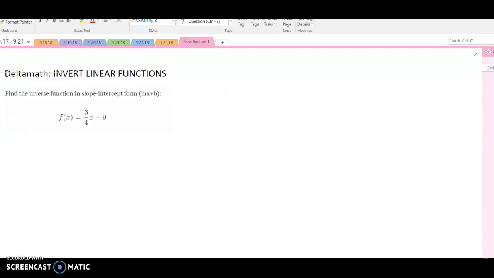Hello, today we're going to be doing Deltamath invert linear functions. So this is a problem I just copied off of Deltamath, and it says find the inverse function in slope-intercept form, which is y equals mx plus b. So we have our function here, f of x equals 3/4 x plus 9, and we need to find the inverse. To review, to find the inverse,